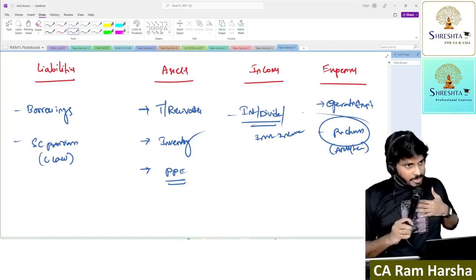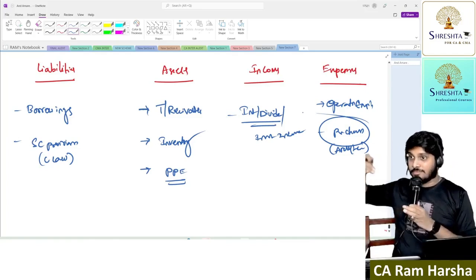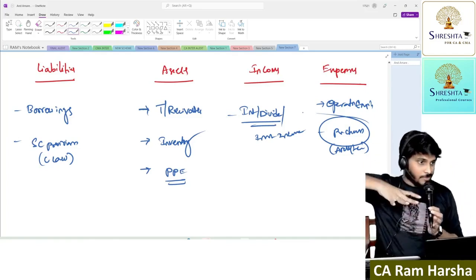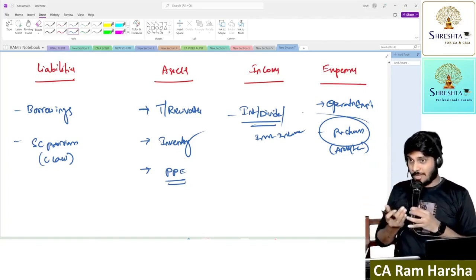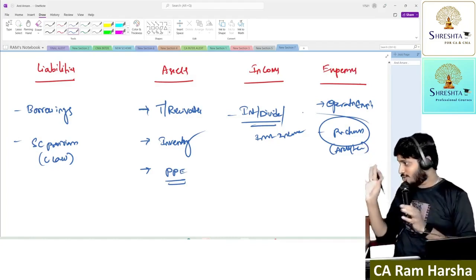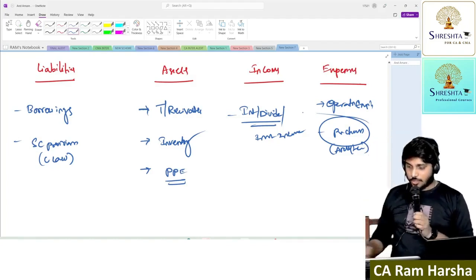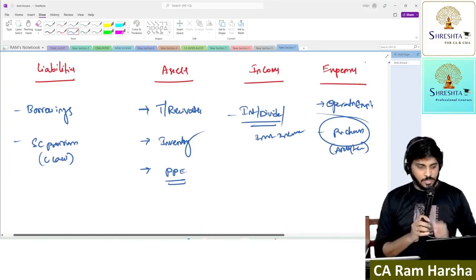Even for me today, whenever I read items of financials, I get more clarity every time. Suddenly I remember, I will connect with another point. Every time you read once more, you get more connections. That too when you read only from the original material, not from the cut short notes or your running notes. Understood? So these are the important things that you need to compulsorily see in the items of financial